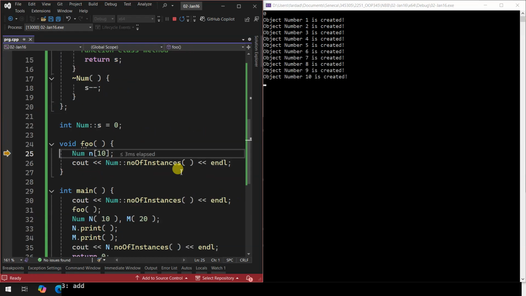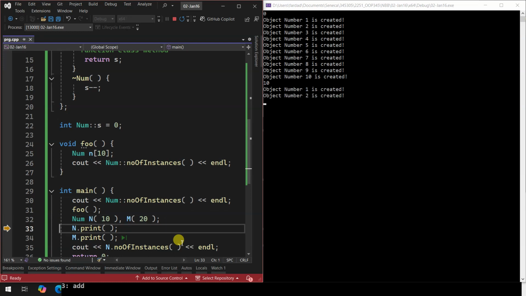So 10 objects are created. And if I actually come over here, you'll see that the number of instances is 10. I get out. I'll come over here. I create 2 of them. As you see, 1 and 2. Why is it 2? Yes, because we did s minus minus, and in foo, all the variables are dead. After foo is executed, all the numbers are going to be gone. So there is no more. And when it comes back over here, now I have that.